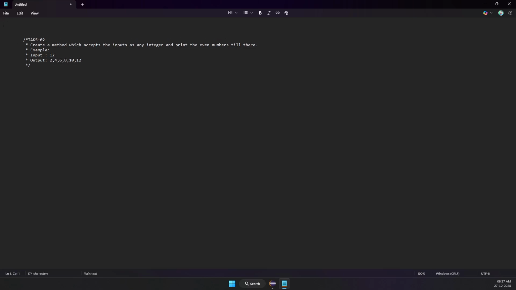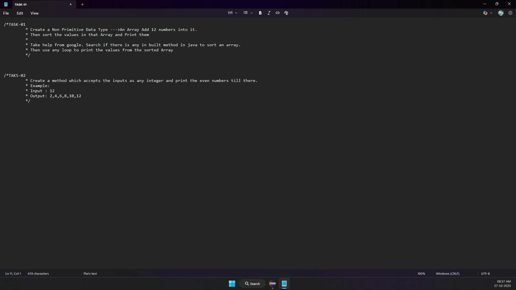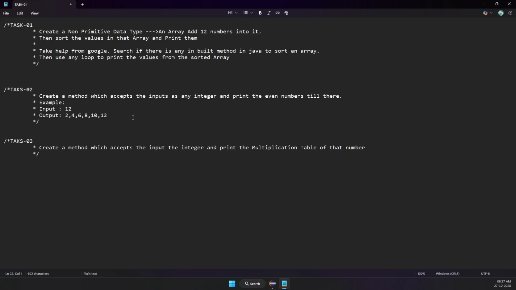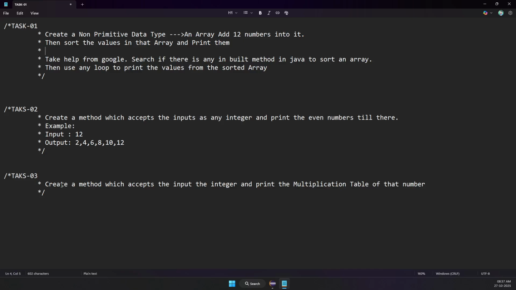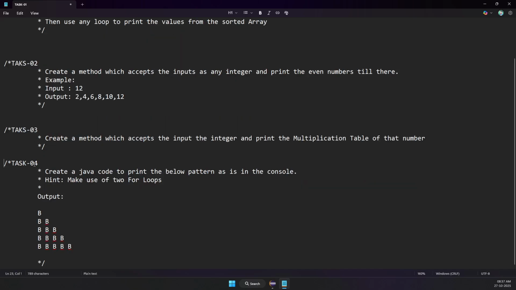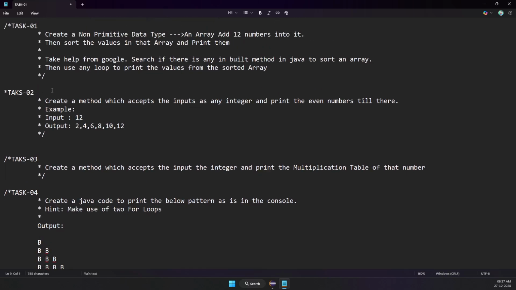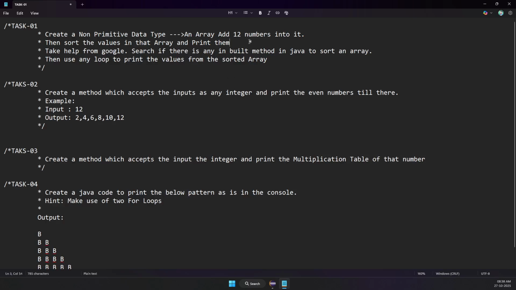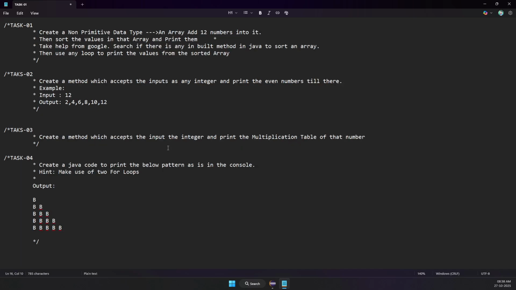So this is your task 1, task 2. If you are done, share your output, share your screen, or share your answer. This is your task 1. This is your task 2. Whatever you are learning is totally different from the real time, so I'm giving you all the interview questions. Slowly, we will take this. Whenever I tell you to take help from Google, don't copy paste this question out there. Think about it. You need to take help from Google only for whatever action I'm telling. So these are the list of the